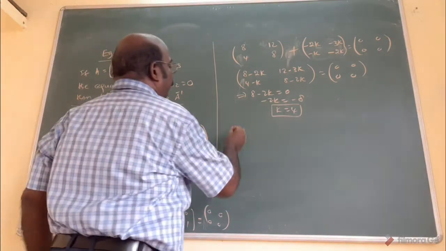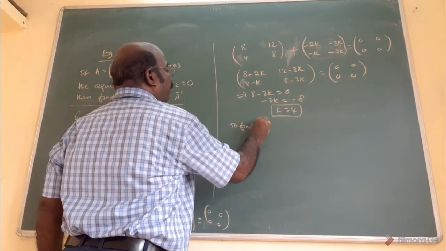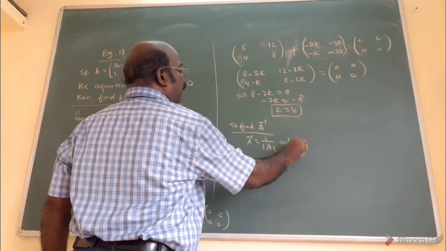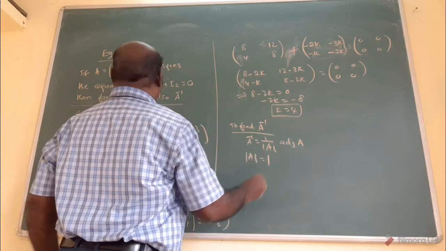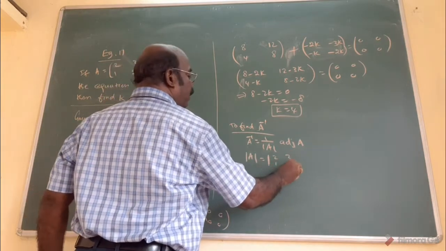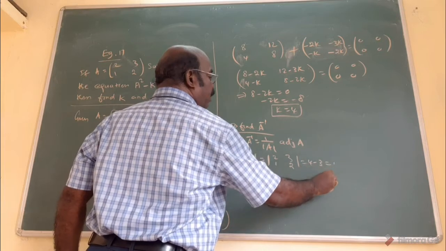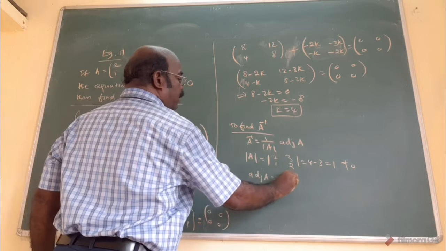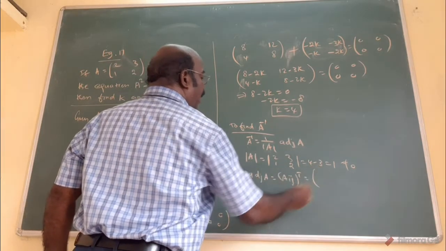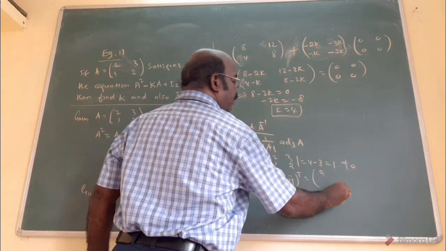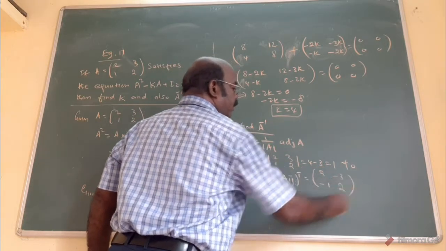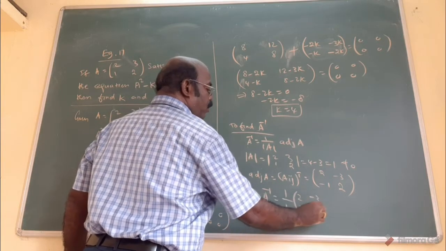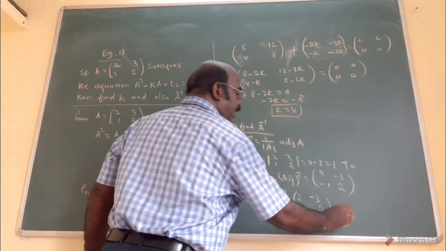Now what is being asked? The inverse is also asked. Put the heading: to find A inverse. Previous model. What is the formula? 1 by determinant of A into adjoint A is the formula. Now find determinant of A. A is already given: 2, 3, 1, 2. Multiply: 4 minus 3 equal to 1. That is not equal to 0. Again, the formula for adjoint is the transpose of the cofactor matrix. Now interchange the first diagonal. For the next ones, change sign only. Now A inverse equal to 1 by 1 into 2, minus 3, minus 1, 2. 1 by 1, 1 need not be written. This is the answer.